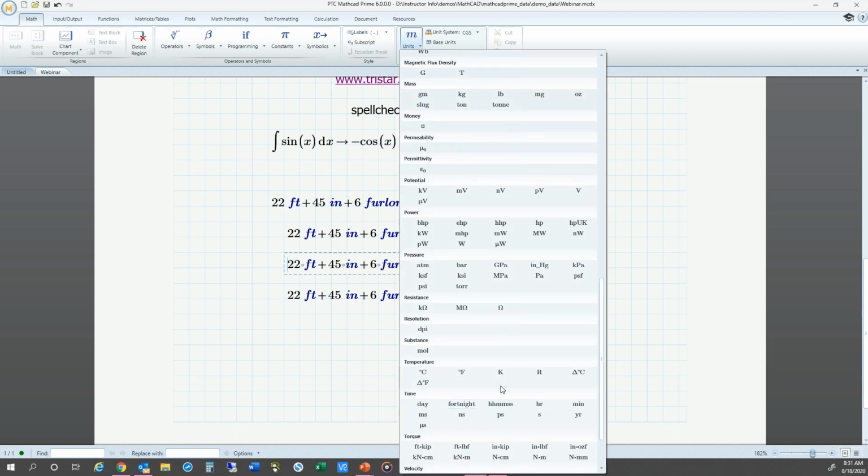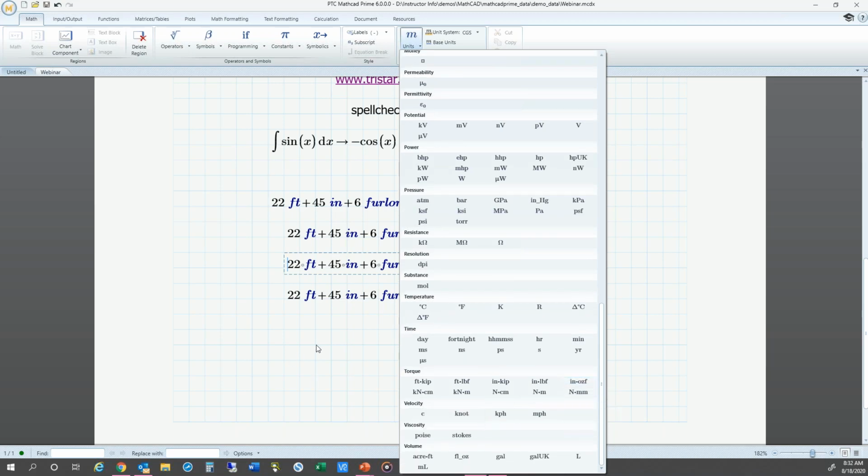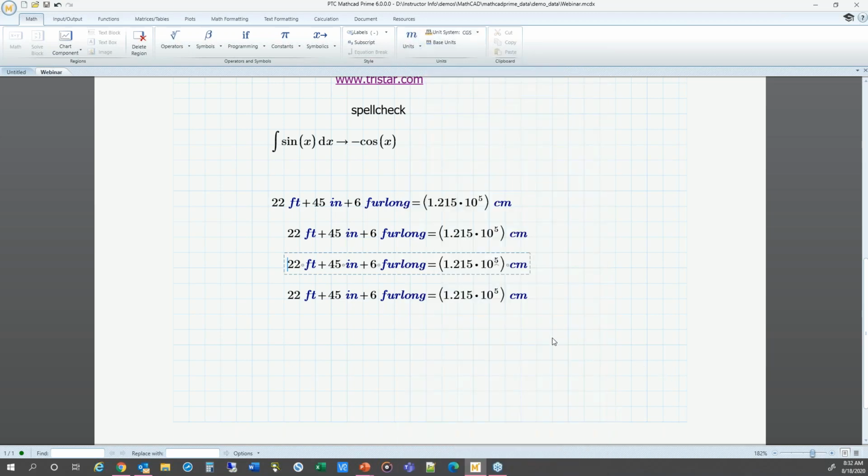We can do temperature. The temperature can be a little tricky because you have to use a change in temperature to get the correct results. If I just say the regular temperature, it won't work. The engine translates it to the absolute values, Rankine and Kelvin, and then translates it back, and you might not get the correct result. So in the training class, we talk about how you have to use the change in temperature in order to get the correct results. Okay, there's a ton of units in here that is supported inside of